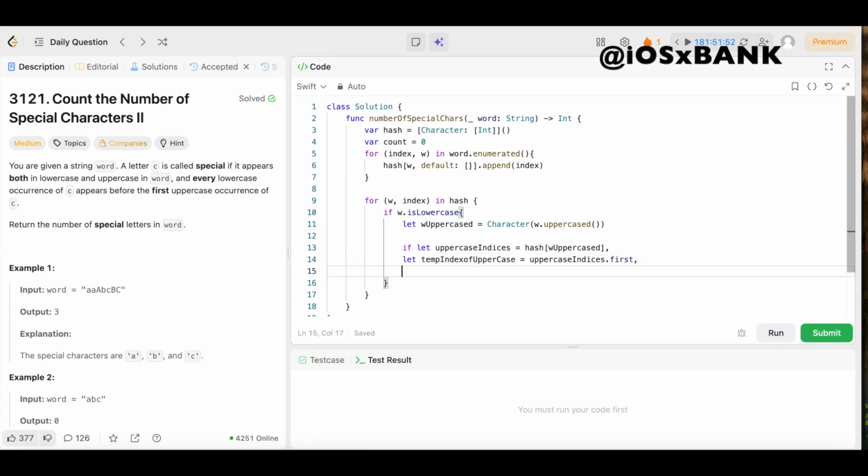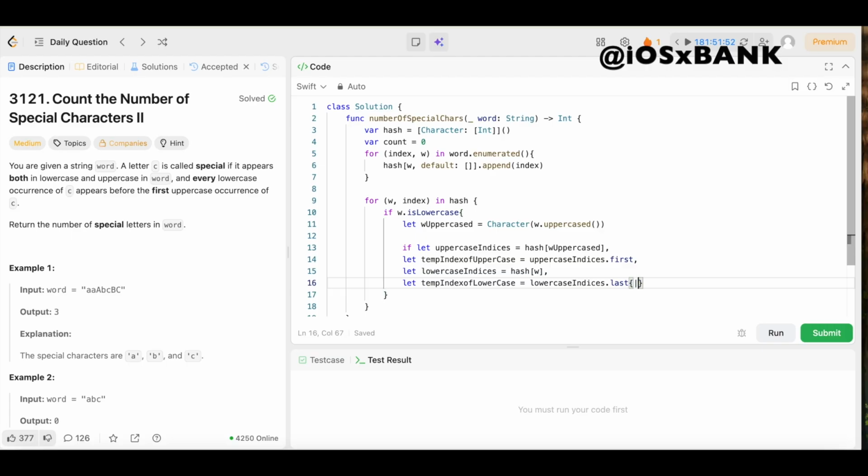Then we'll say comma, come underneath that, we'll say let lowercase indices equal hash square bracket W, then we'll come outside of that, we'll say comma, we're not done yet, we'll say let temp index of lowercase equal lowercase indices dot